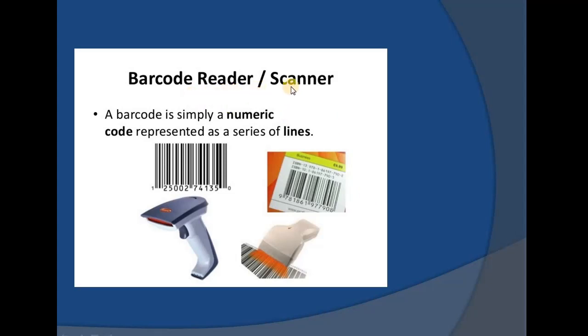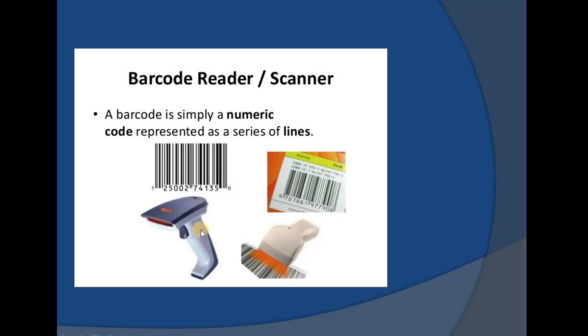Next we have the barcode reader or scanner. In today's world, most of the products we get consist of vertical lines with some gaps. This is what we call barcodes, or data coded in the form of small lines, or we can simply call them bars. Below that, the barcode has a series of numbers. These numbers are unique for each product. To scan these barcodes, we use a barcode reader or handheld scanner.